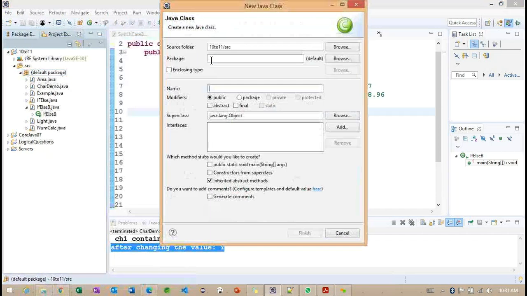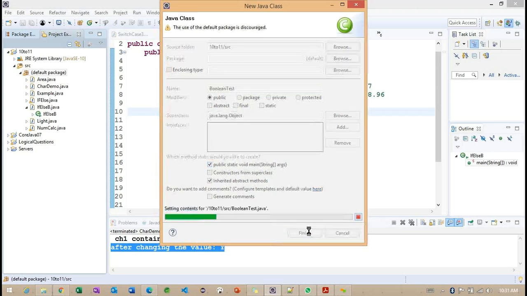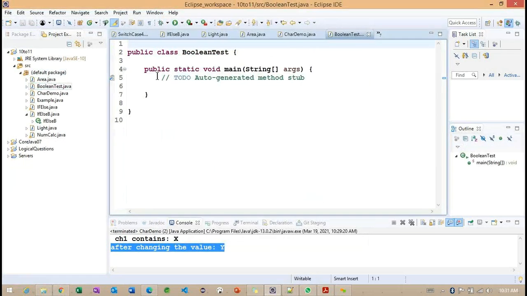So let's observe here. I'm going to create one more class here, something called Boolean test. Right. So I'm trying to check with the main method. Whenever we enter into the main method, I'm trying to define the data type called Boolean.